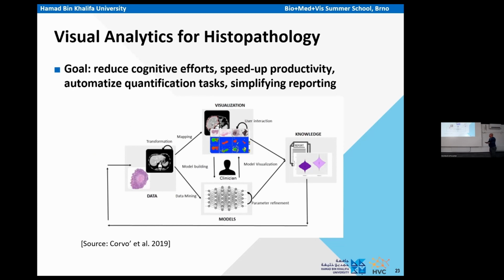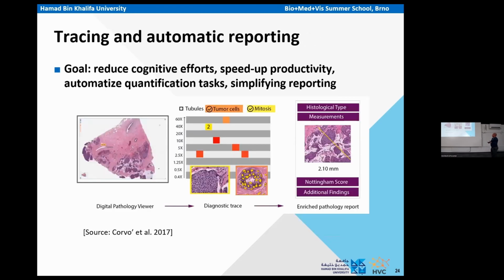I would like to mention here only that at the end of the process, for the clinician, the most important thing is how to get knowledge, so how to create reports in the fastest way. And I will mention also that for digital pathology, our community did not dedicate too much to this topic. So most of the works that I will present were mostly done by the University of Eindhoven, the Van Wijk group, Alberto Corvo, and started from